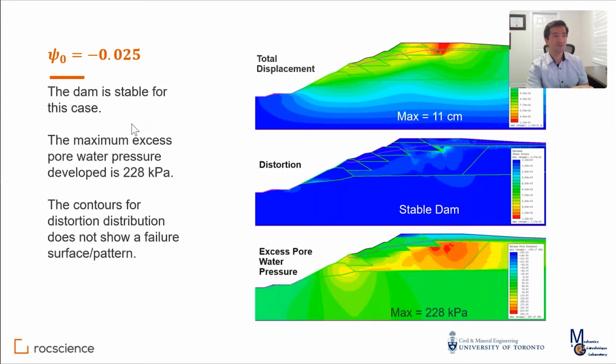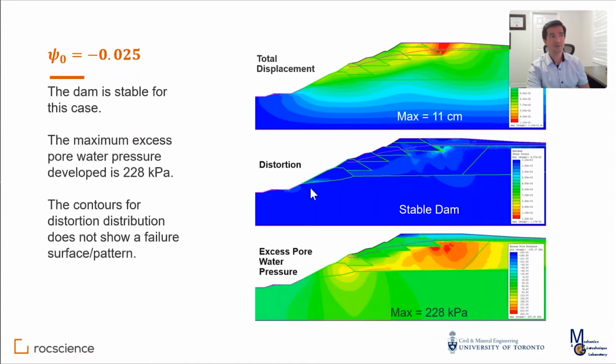After simulating the model, I'm getting a maximum deformation of 11 centimeters, which is happening in the area where I brought in the new embankment and the new layer of tailings. In terms of distortion and shear bands, I don't see any clear path to failure here, and the dam was stable. And in terms of generation of excess pore water pressure, the maximum number that I calculated here is 228